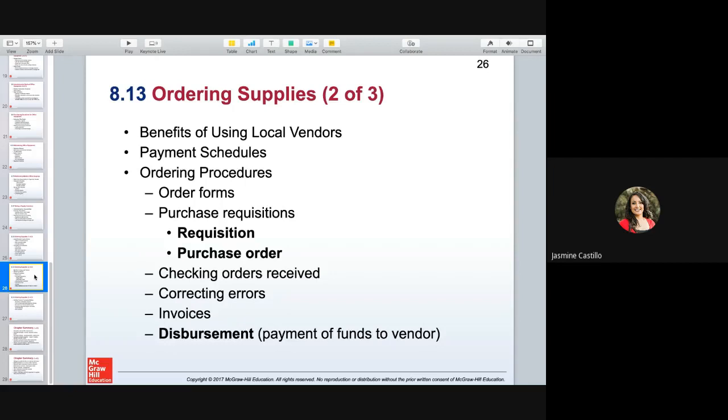Other requisitions could be an order from the doctor. So you want to make sure that you know the difference between a lab requisition versus a supply requisition. But always make sure you get that purchase order, because that purchase order basically guarantees that authorization for purchasing